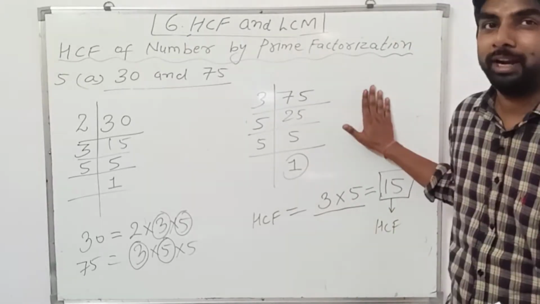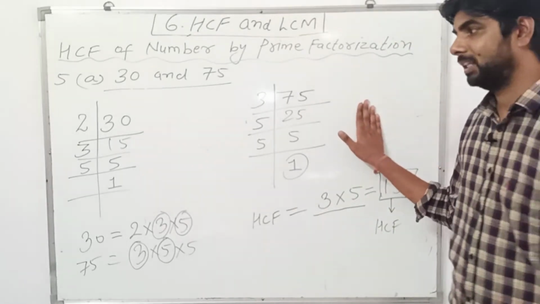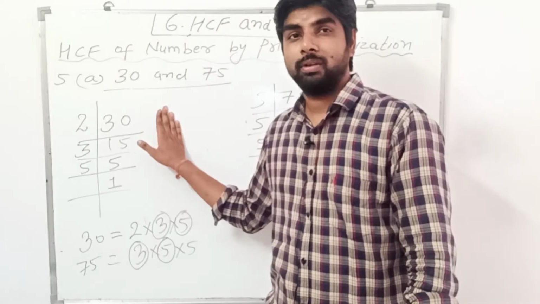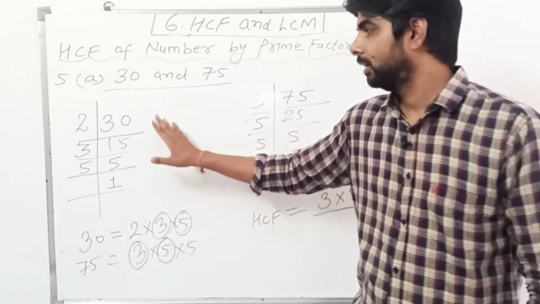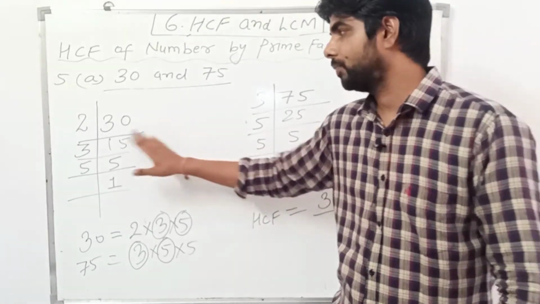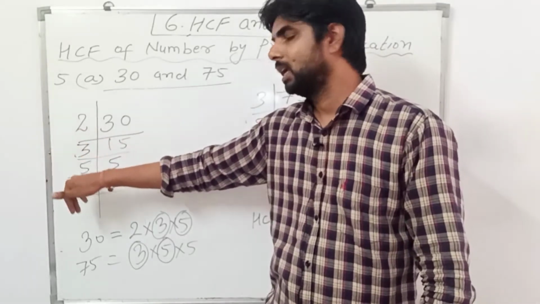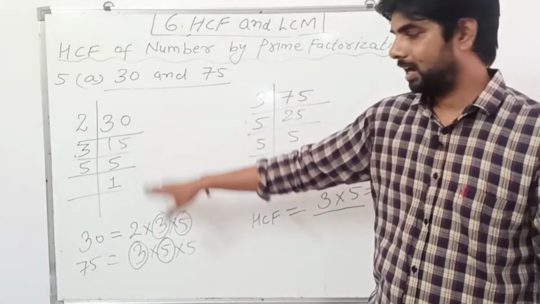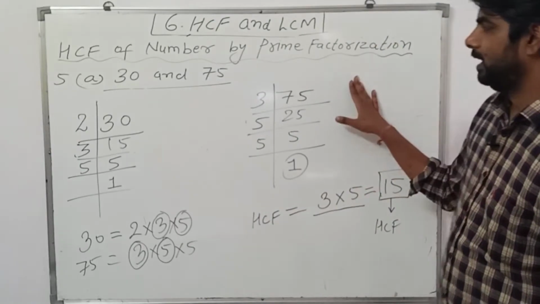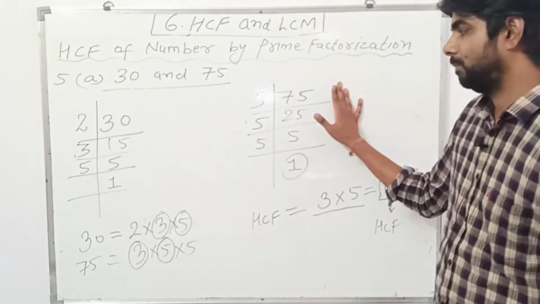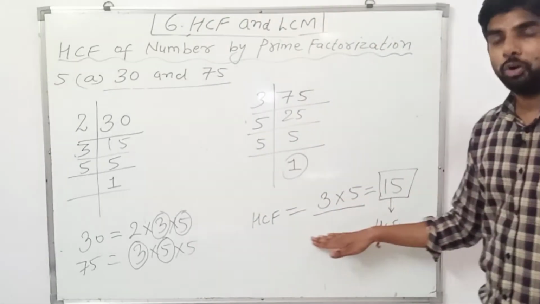And this method is known as prime factorization method because we are finding out factors with the help of prime numbers. Okay, we are using prime numbers to divide that number and we have found factors. Same way here we have divided this 75 with the help of prime numbers and we have found factors,